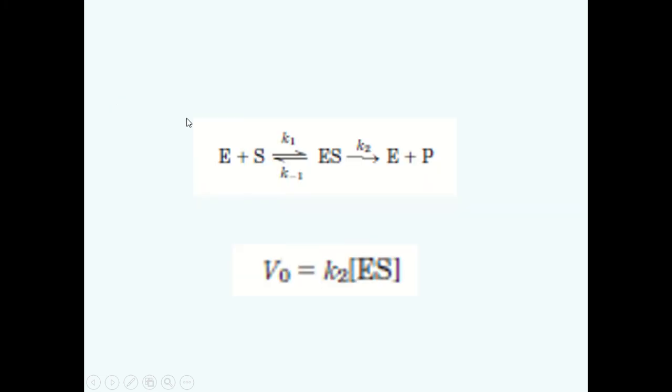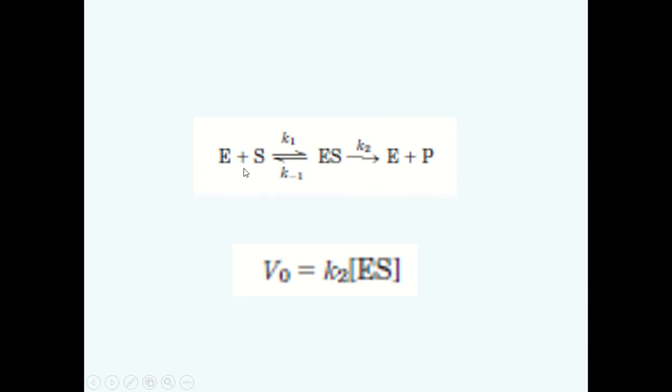Alright, so with this basic background information that the enzyme binds to the substrate and it catalyzes the reaction, the rate of reaction is called the enzyme velocity. And also we have talked about the steady state, that at saturating concentration of the substrate, the concentration of enzyme substrate complex remains same, remains constant. So with this background information, now we are going to proceed to the enzyme kinetics and the derivation of the